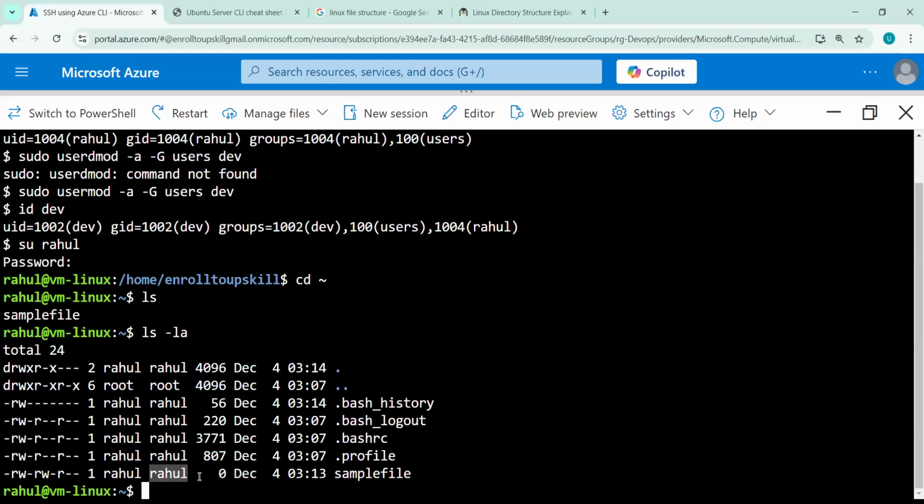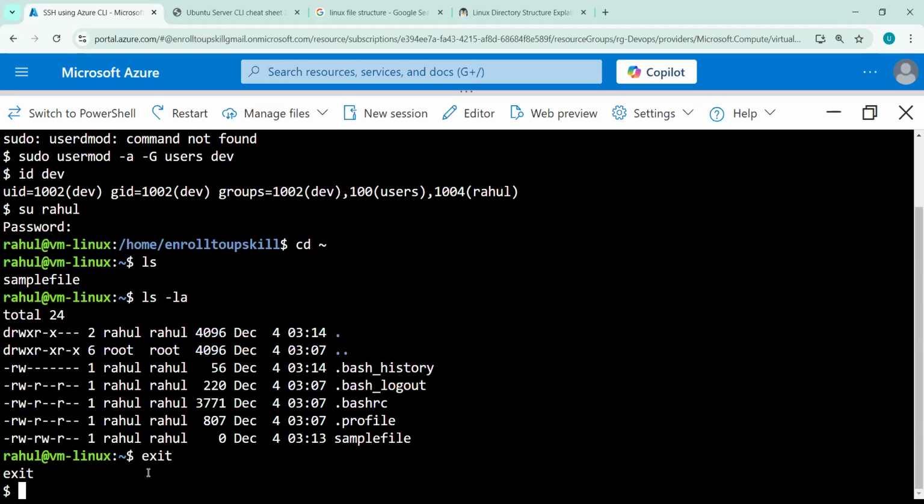because he is a member of the Rahul group. How do we come to know? We check with the id dev command, find out the groups, and see that Dev has membership of the Rahul group. It means whatever permissions to this file have been given to this group will apply by default to Dev. Okay, now log out from this user by typing exit, and log in as Dev,